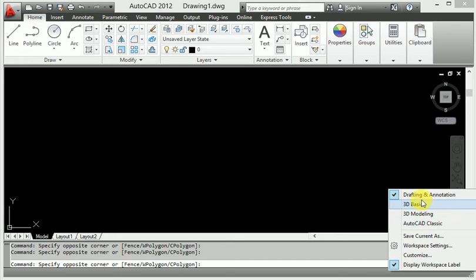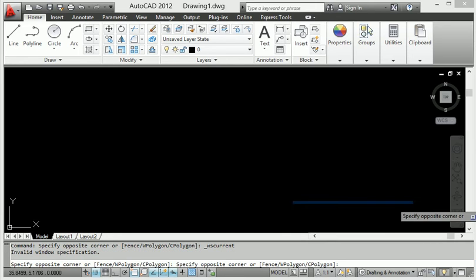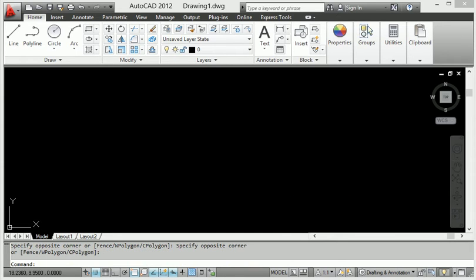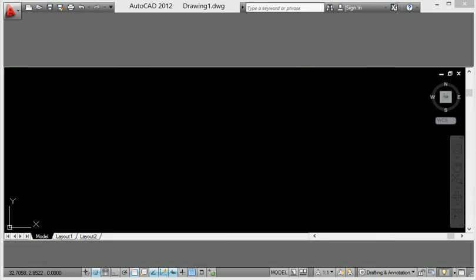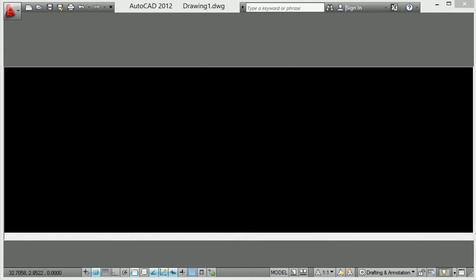Here I show you this is the drafting annotation and this is 3D basic. Like the 3D basic command showing area, now your 3D modeling space shows the AutoCAD background.